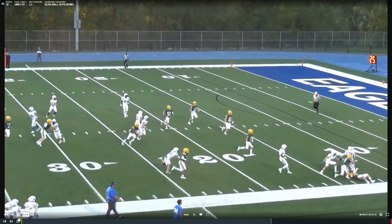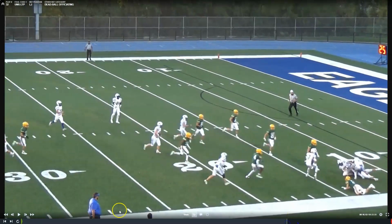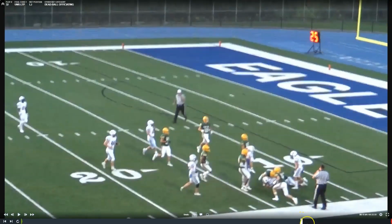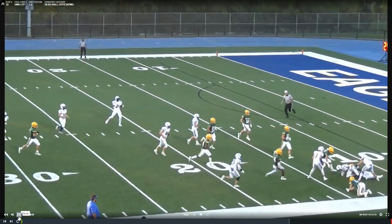So we'll see this player get tackled. Oh, somebody jumps on the pile. Listen, he's late, but this hit is not forceful at all. I'm glad we didn't throw the flag here. But where we did throw the flag was